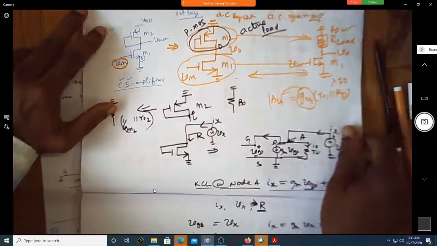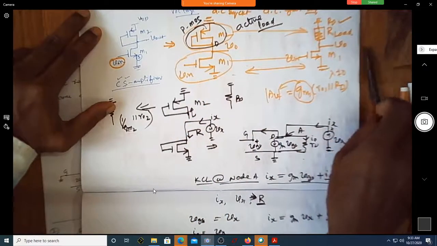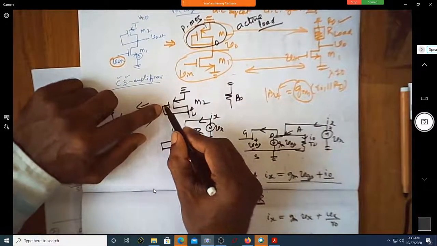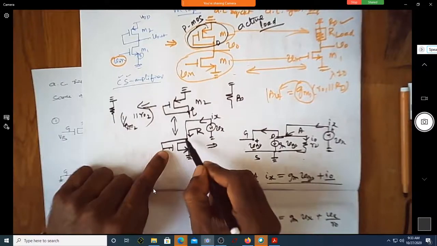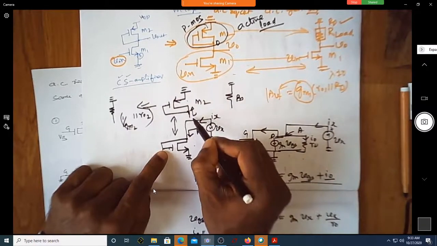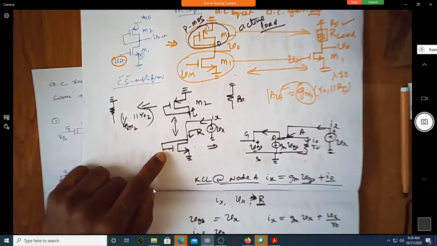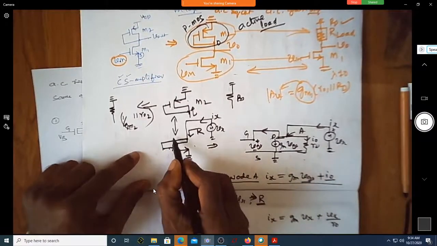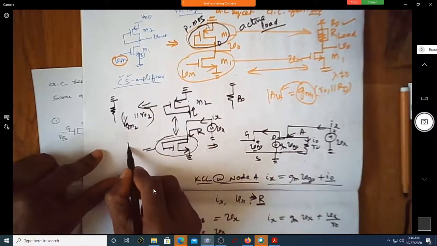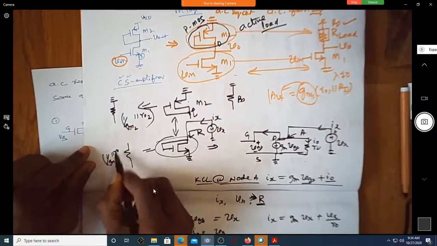See, are these two circuits similar to each other? You can see, gate and drain are shorted here, and here also gate and drain are shorted. Here it is PMOS, here it is NMOS. I am seeing from this junction. So it was found that the equivalent resistance of this, of course, I can write simply as 1 over Gm in parallel with R0.